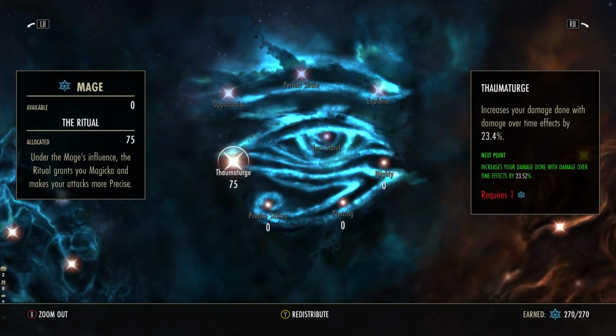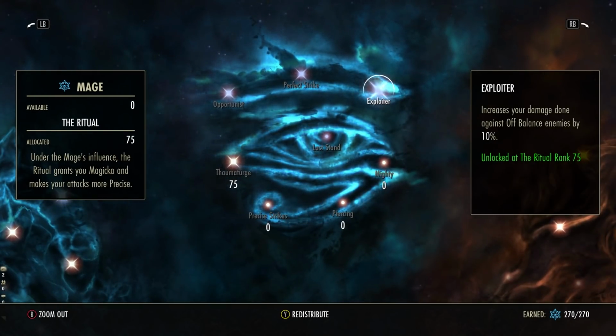And of course 75 points into Thaumaturge because we are using a lot of damage over time, but of course 75 points here gives us the Exploiter passive, increasing our damage done against off-balance targets by 10%. We are pushing the off-balance. We obviously want to take